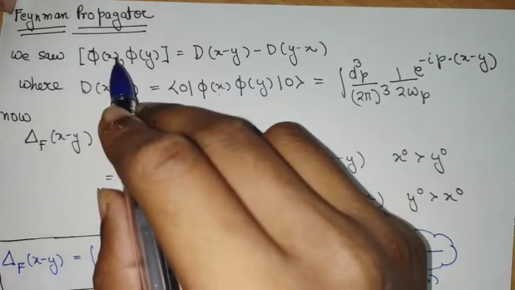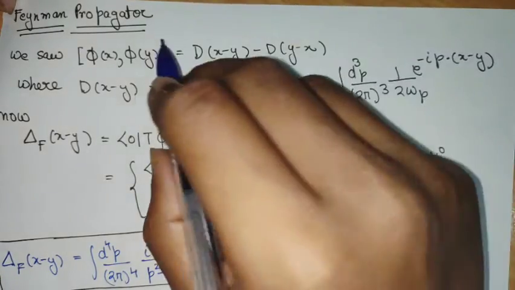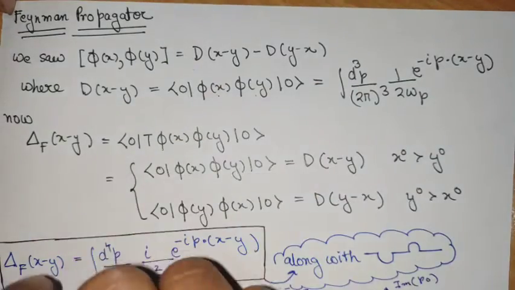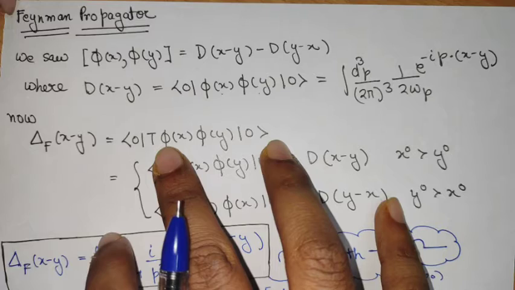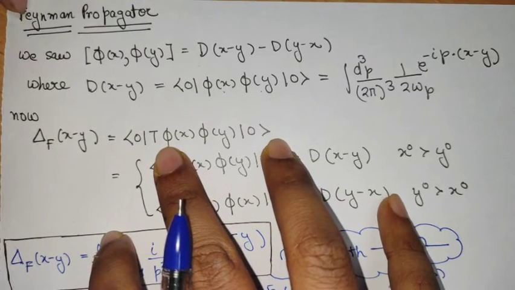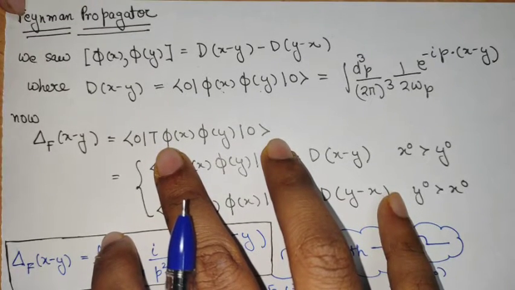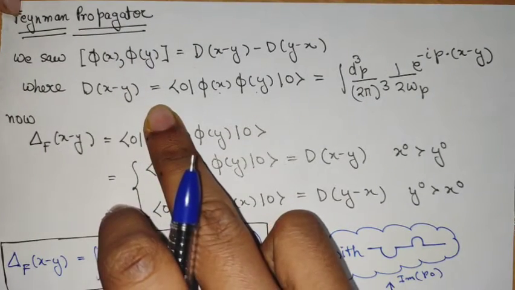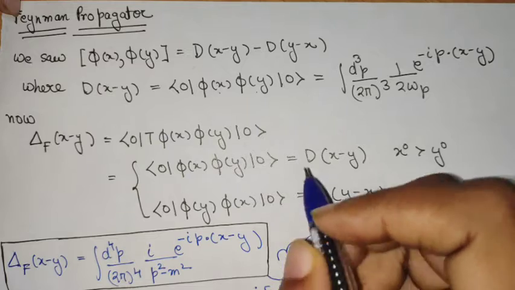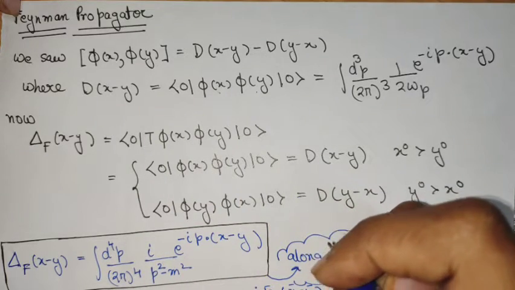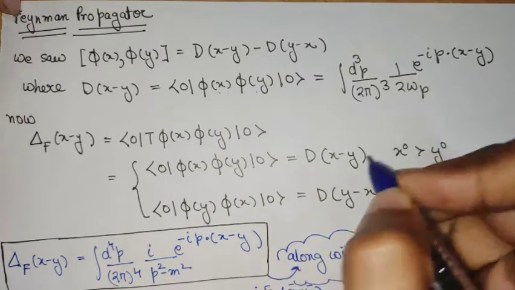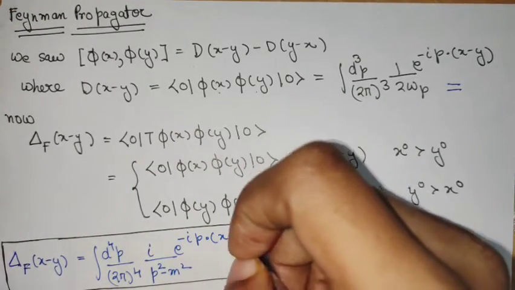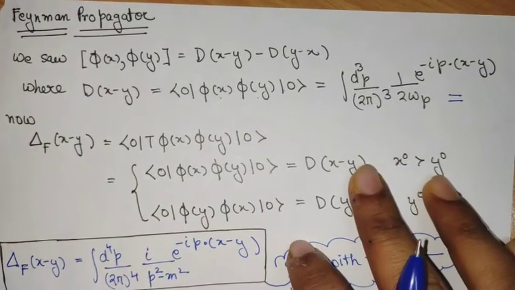And we saw that this commutator for space-like separations goes to 0, and it was important to argue that it respects causality, or in other words, there is no faster than speed of light transfer of information. So all of this we discussed in the previous video. So this was the form of this D(x minus y). With this, now we turn to a different kind of object.